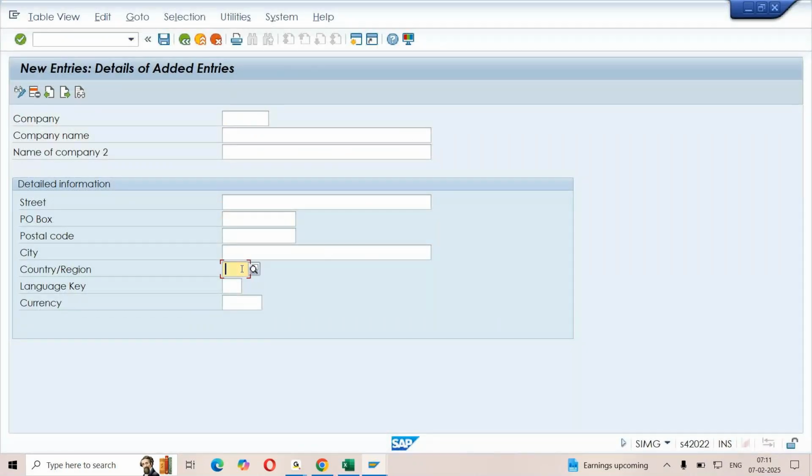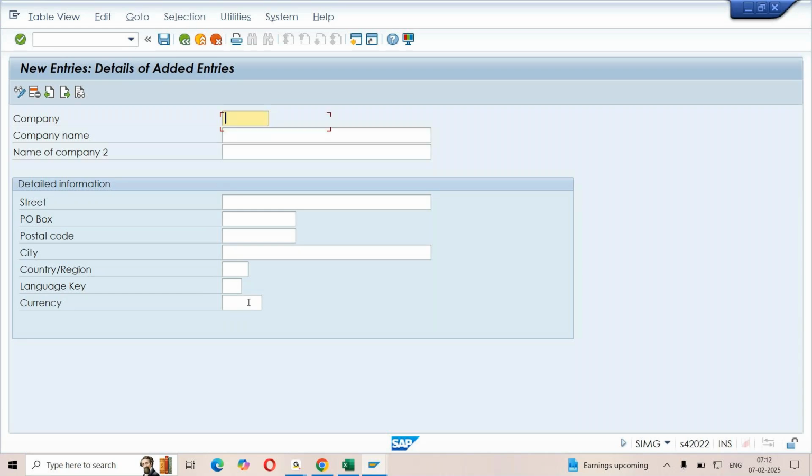Now, this is what, as a consultant, you do: the interaction with the business and collect the data. If any of these values are not updated, what happens? You're going to be finding its effect when we record master data and transaction data. Now, these are nothing but we call them as fields. In these fields, you need to update the information. Right now, all these particular fields are acting as optional entries. Optional means if you maintain it, okay. If you don't maintain it, also okay.